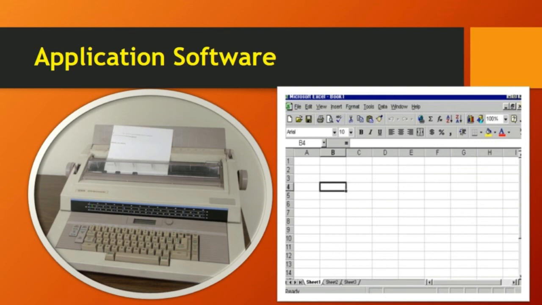The next one is spreadsheet. A spreadsheet manipulates data in tabular form. For example, we will write the difference between control unit and memory unit. What we will do is make a tabular column, and according to that we will write. It is the same as a spreadsheet. It will be in tabular form and we can write as we want. For example, if you want to enter your mark sheets, we can enter them in the spreadsheet.